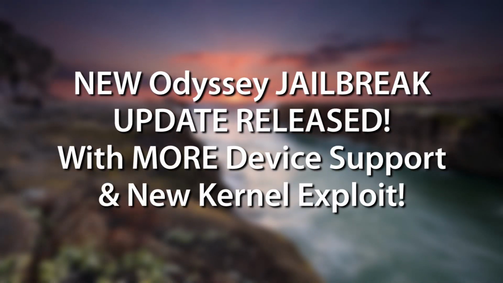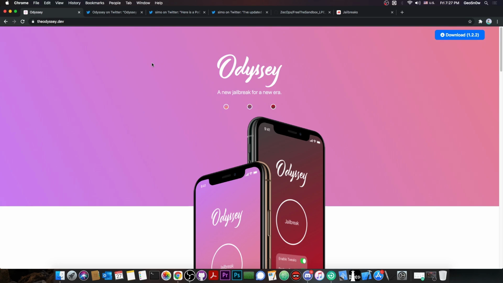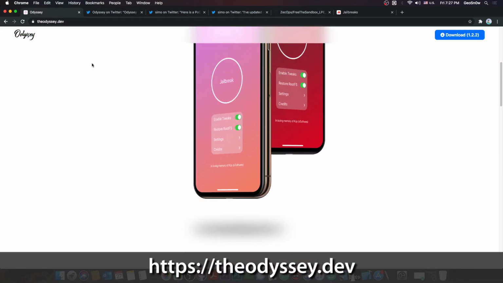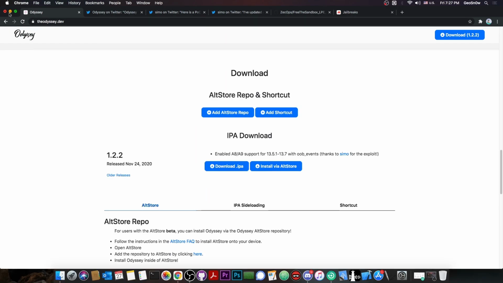So in today's video we're talking about the latest update of the Odyssey Jailbreak. As it turns out, we got a new update yesterday which adds support for more devices. It's now available on the official Odyssey Jailbreak website as version 1.2.2 and it uses a new TFP0 kernel